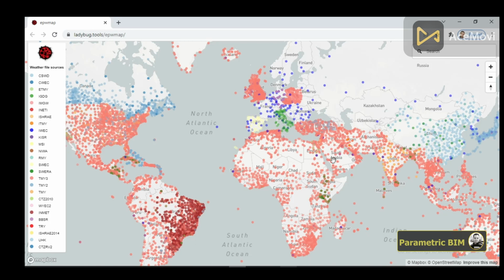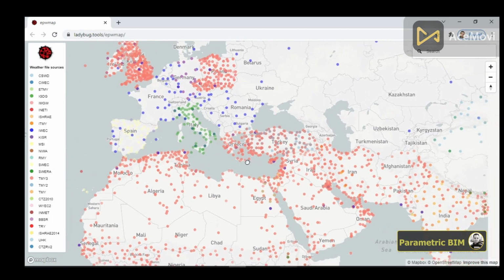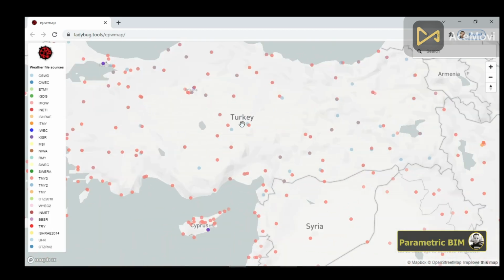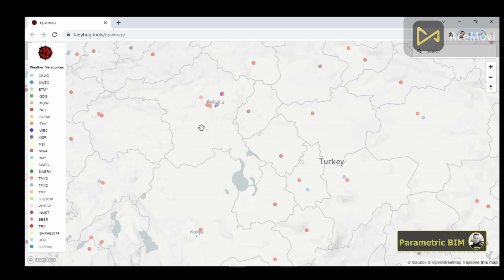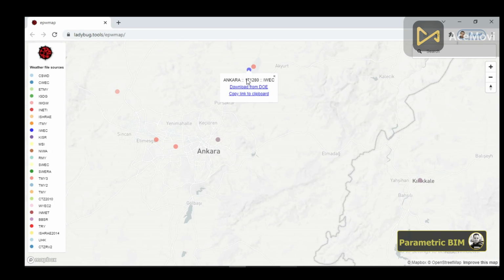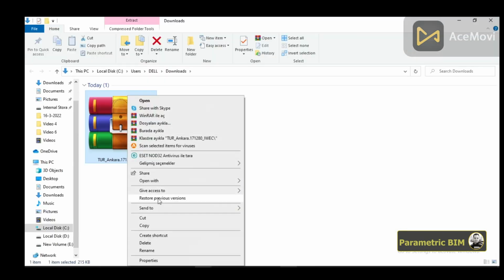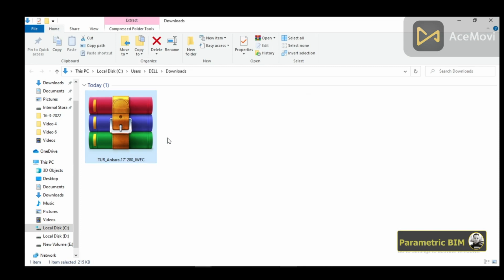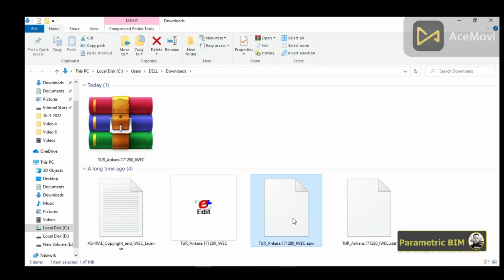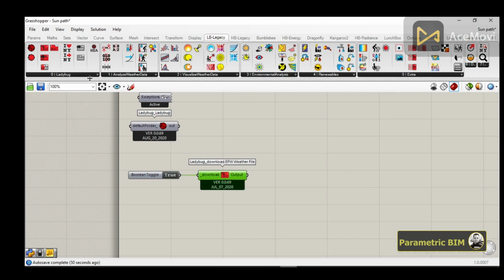ladybug.tools/epwmap. You can check where in the world you want to download from. I am going to download for Ankara city, which is the capital of Turkey. So I am going to go to this blue sign and download the EPW file. Once done, I can go and unzip it, and then we have the path of our